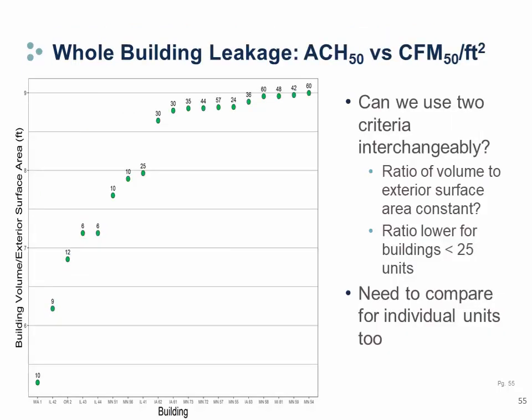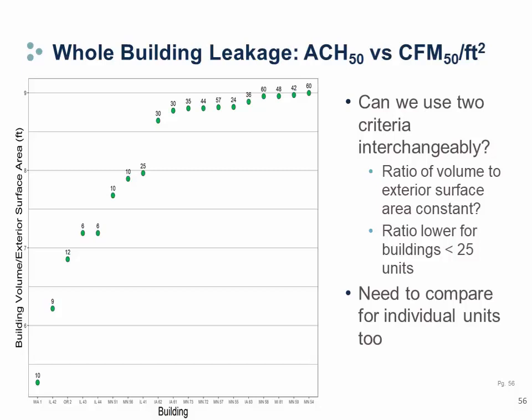The answer is no, we cannot. If you're familiar with testing single-family buildings, you may have noticed that larger houses seem to test better than smaller houses, even if it's the same builder and same trades building each building. The reason for this is the ratio of volume to exterior surface area is not constant, especially when you start